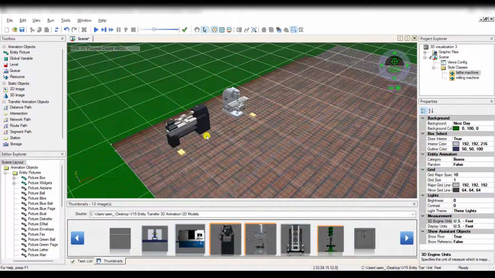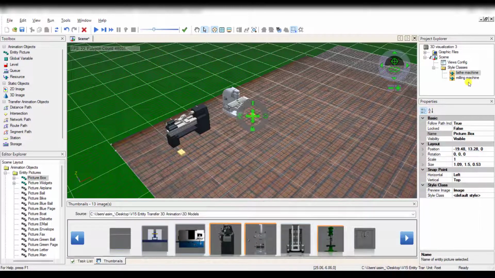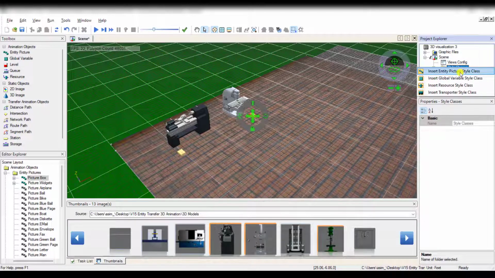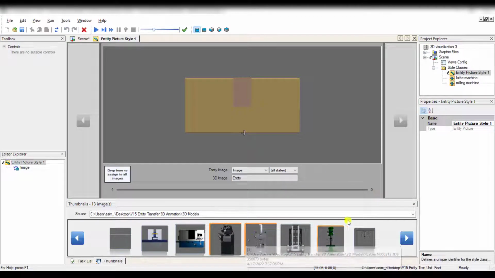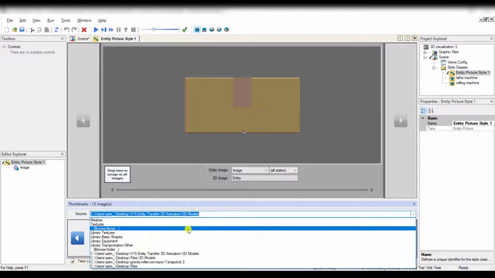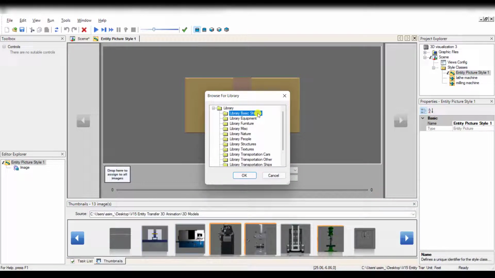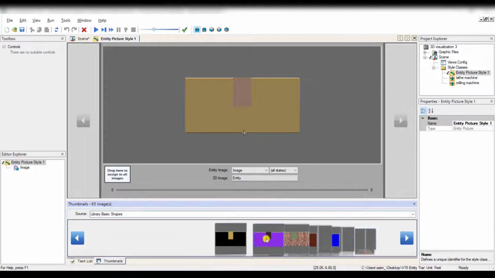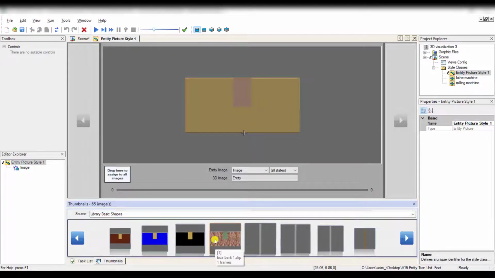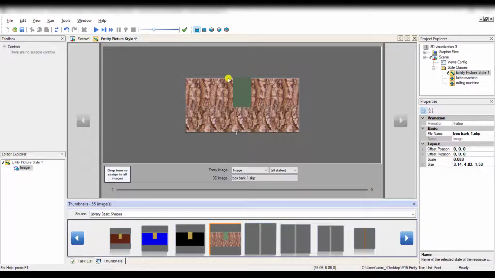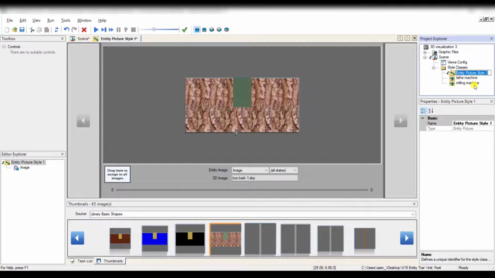Okay, so now we need to define our entity type. So again move to the style class and right click and click insert entity picture style class. And in this style class I am going to use the browse library, library basic shapes, and click OK. So for the first class I am using this boards and rename it as part A and close this window,